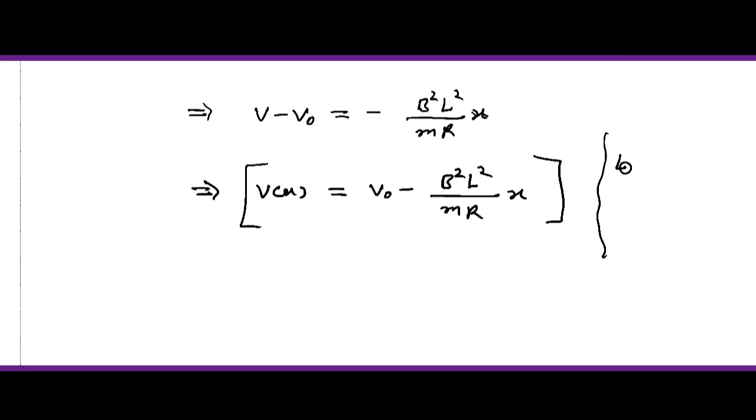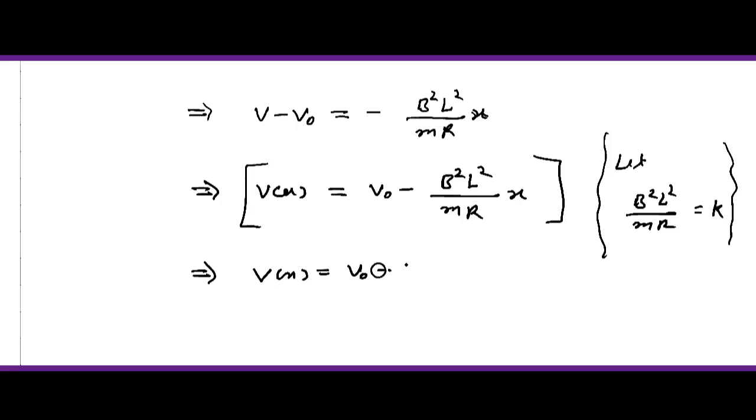तरह मान लेते हैं, let B² L² by R equals K, एक कांस्टेंट मान लेते हैं। तो हम इसको लिख सकते हैं, ये हमने इसको कांस्टेंट मान लिया है तो इस इक्वेशन को हम ऐसे लिख सकते हैं: V_x equals V_0 minus K x, ठीक है। ये सेकंड इक्वेशन हो गई।